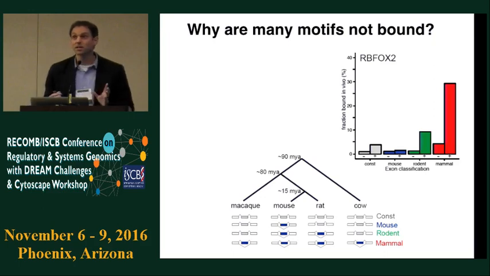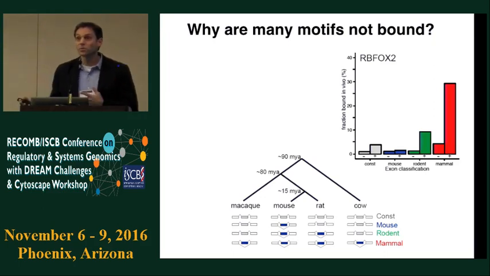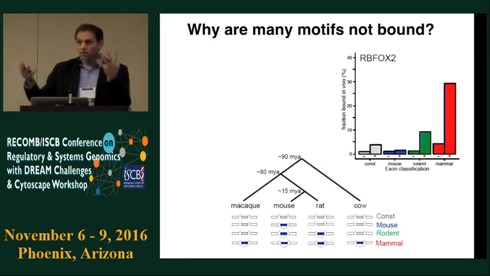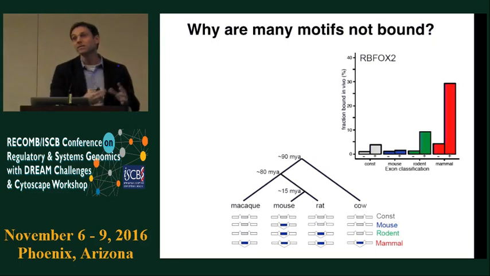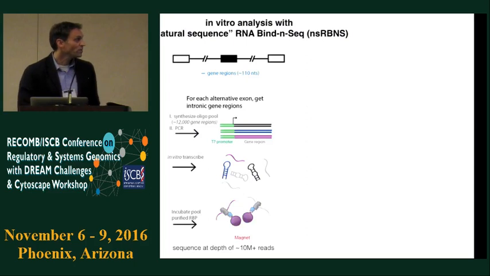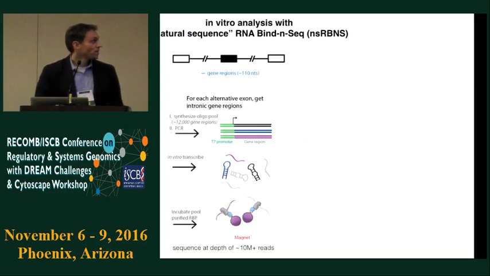And so that suggested that presence of the motif is necessary but not sufficient to get good binding in vivo, and that these ancient alternative exons may have evolved additional contextual features that aid in binding by these proteins. And so the way we approach this question is by what we call a natural sequence version of our RNA